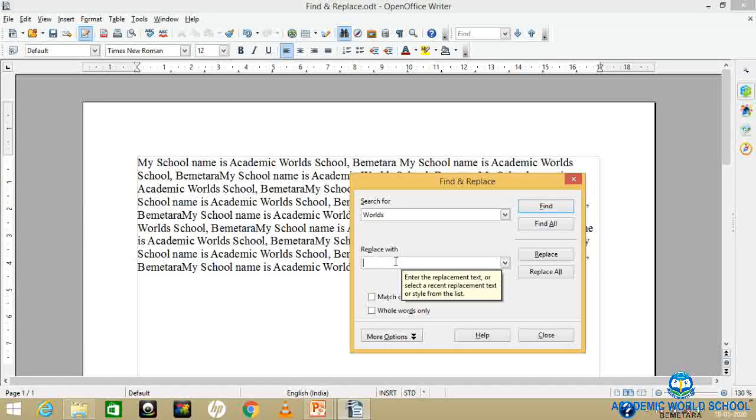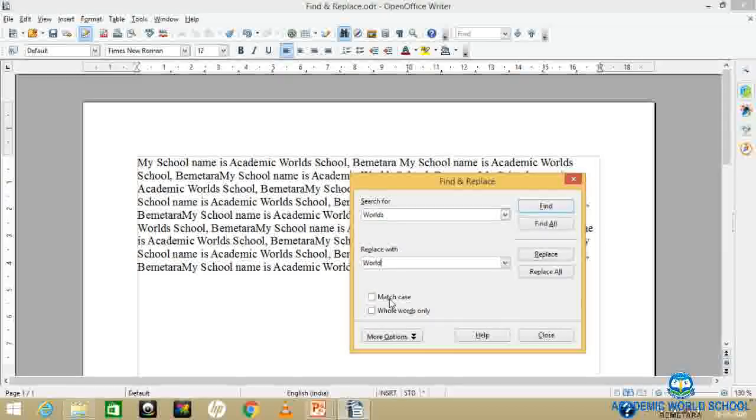Then if you want to see more options, for that you have to click on this More option. Here you will get many options related to your search, related to your find and replace. Backward search starts at the current cursor position and goes backward to the beginning of the file, means it goes back also to search.